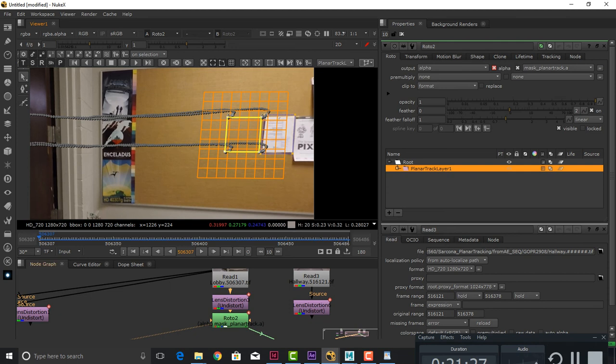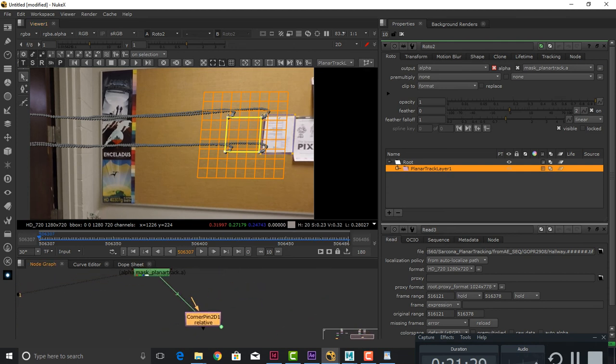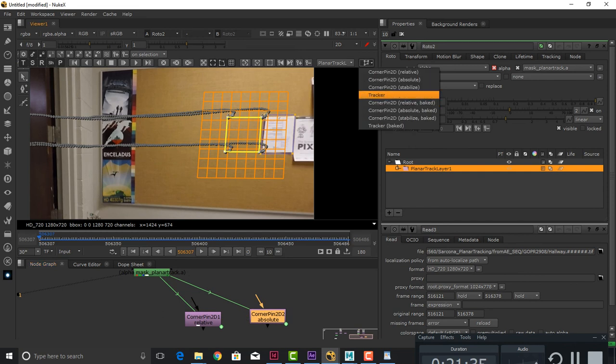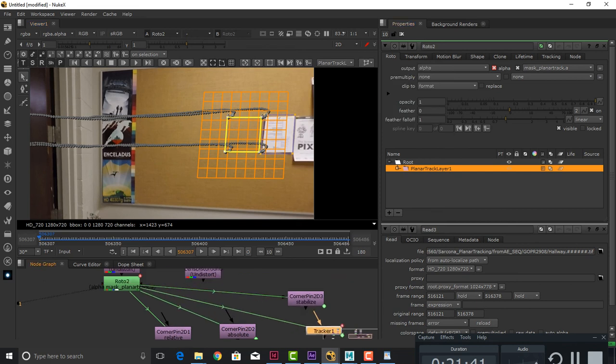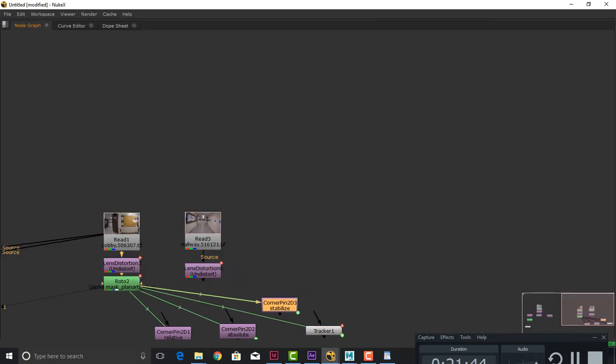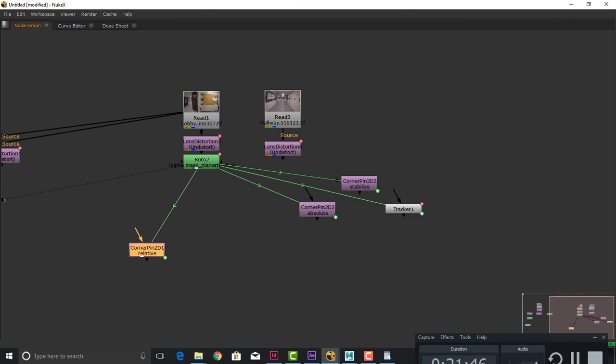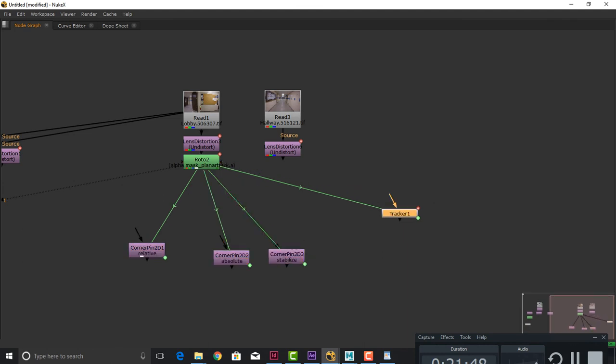So here's relative. Okay, it says relative. And then here is absolute. Don't connect to that one. And then here is stabilize. Okay, you're not connected. And then we'll also show tracker just so you can see that too. Okay. So now once we have this, our process is pretty much the same thing of what we did under the